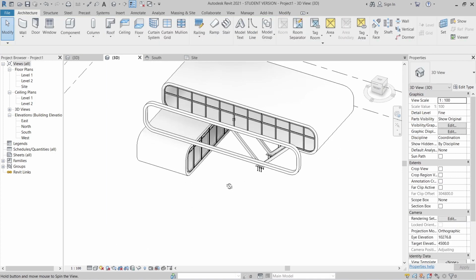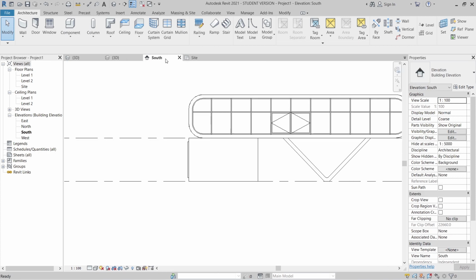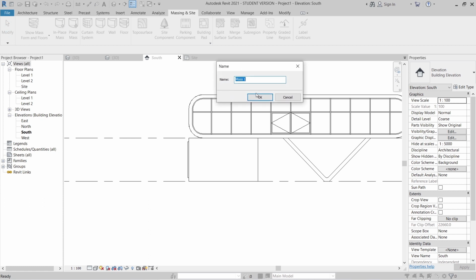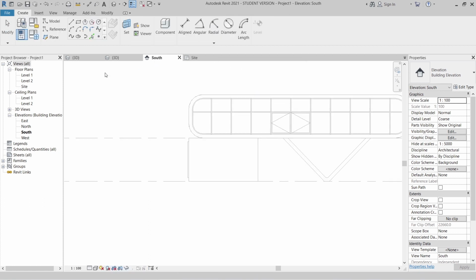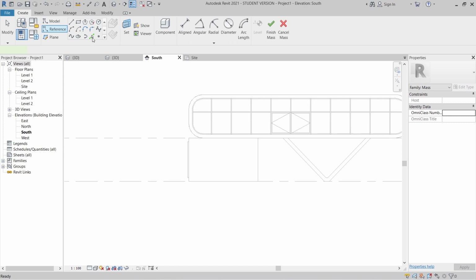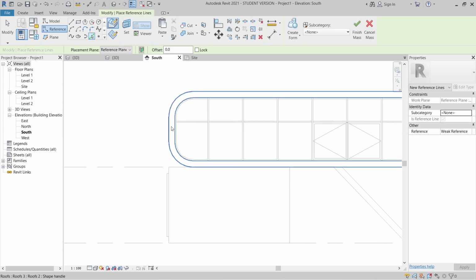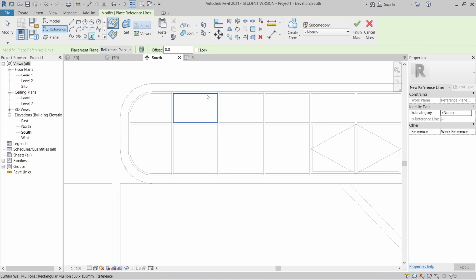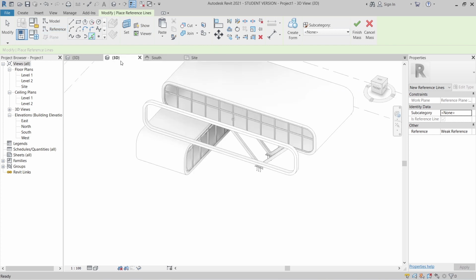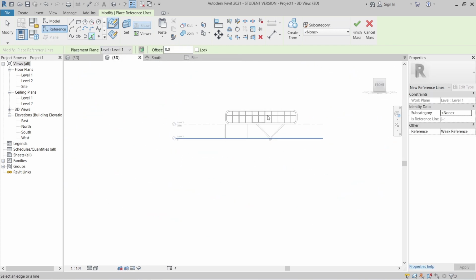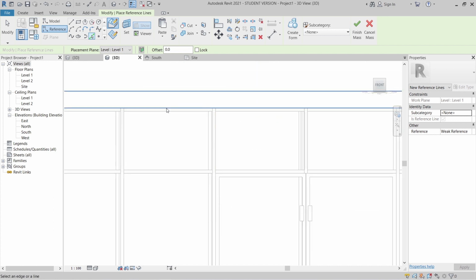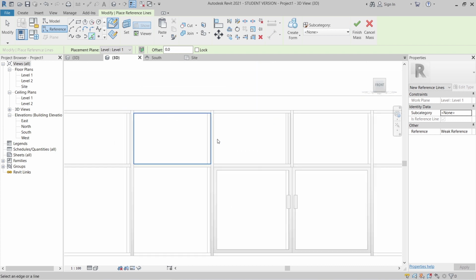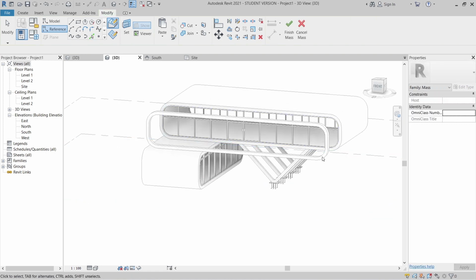So now what I'm going to do next, I'm going to start from south elevation, go to massing and site, in place mass, mass 1, and then use our reference line, pick line, start to pick my previous reference here. Let me go to start from 3D first. Okay, let me hit escape first. Hit escape all first, then hit cancel mass first.